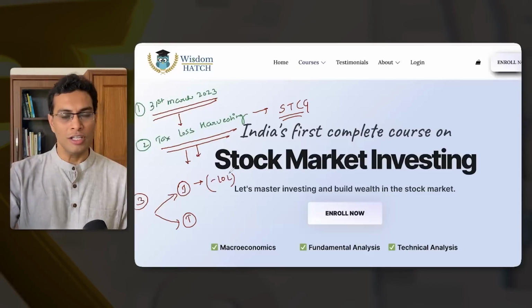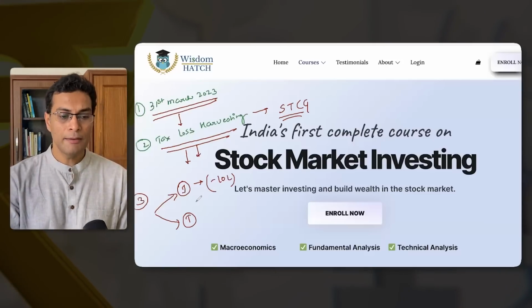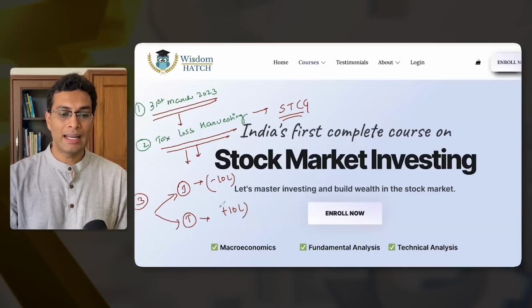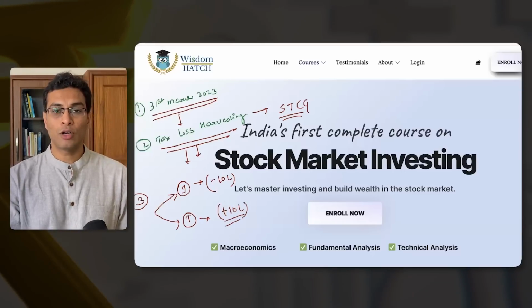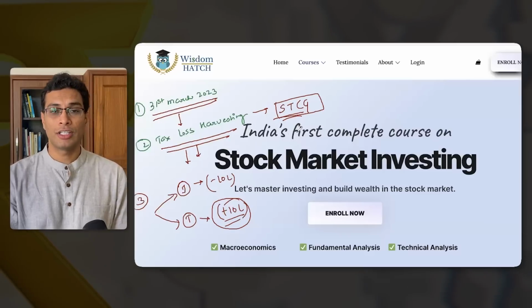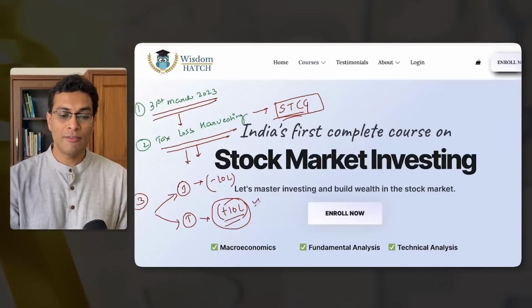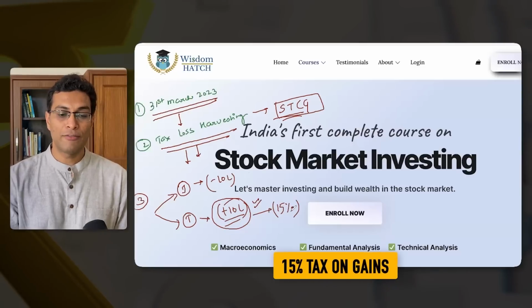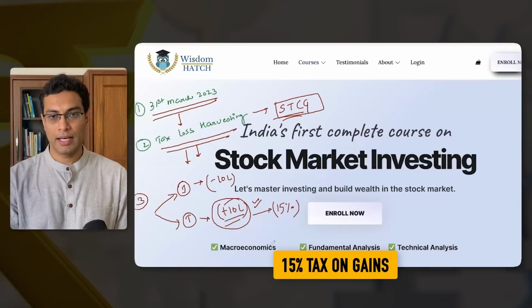So this is a notional loss because I have not decided to sell my stocks yet. And also I traded as per the market circumstances, and let's say that I made a real profit of 10 lakh rupees. So basically this is the profit that I've already booked. Now, as per the short-term capital gains tax rule, because I have booked these profits, these are not notional profits, these are real profits, I would have to pay 15% short-term capital gains tax.